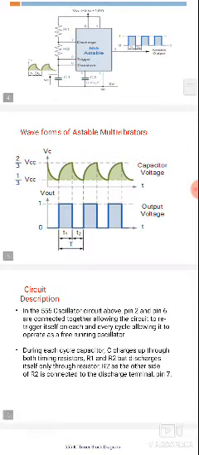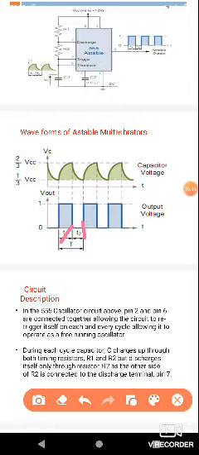Here T1 and T2 are nothing but the on and off positions. So here, for the duty cycle, T is the total time period. In the total time period, the output moves from the low to the high state, again from high to low, and again from low to high state.